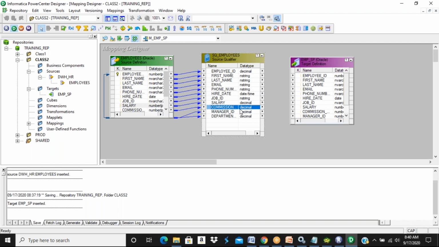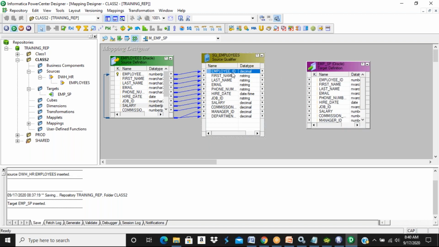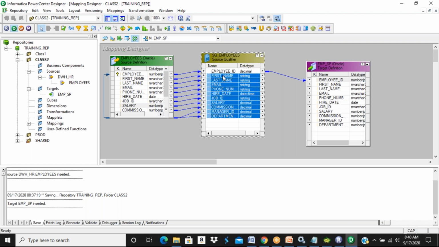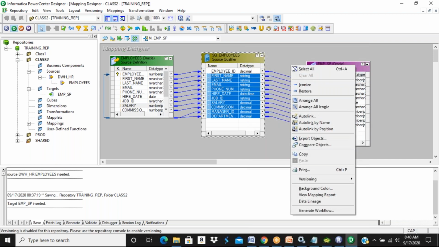You can do a lot more things in source qualifier transformation, guys, but at this point of time, I'm not interested to talk much about it. In a mapping, data flows through links. Okay, you need to pass links between the source qualifier and the target table. You can give field by field, or else you can select all the fields in one shot. You can give it. Okay, so this is called mapping.